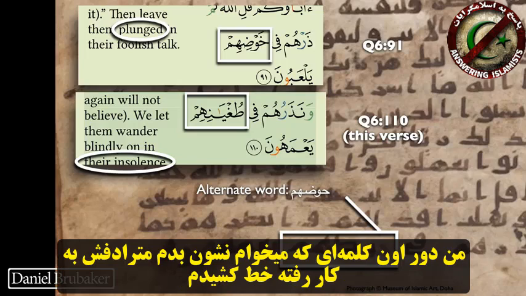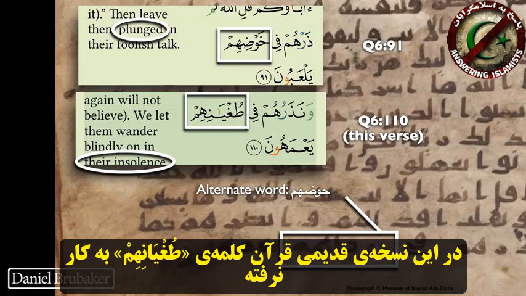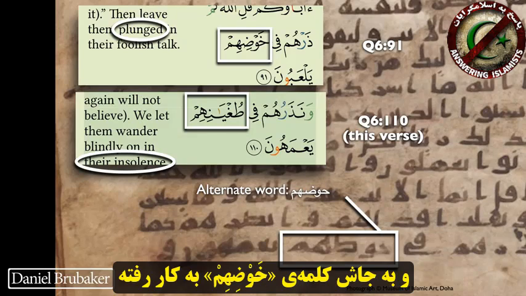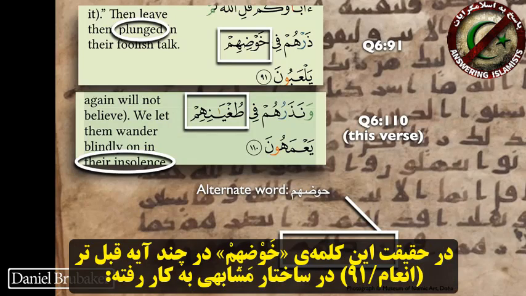And I've circled there the word that roughly corresponds to the word that we're looking at, fi tughyanihim, because in this manuscript the word tughyanihim does not exist. Rather, its place is taken by the word hauzihim. So it is an alternate word. Fi hauzihim actually